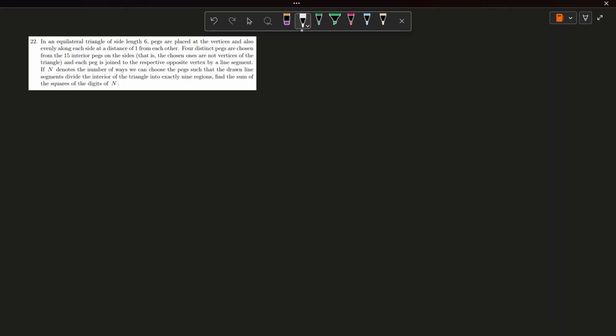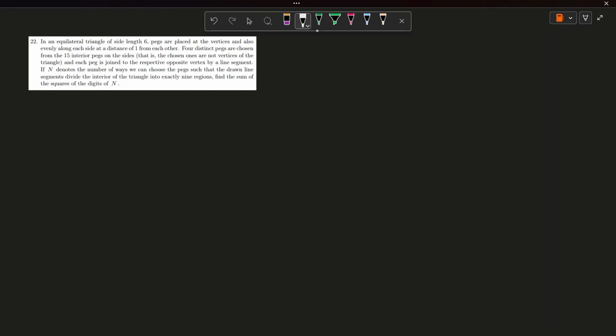And each peg is joined to the respective opposite vertex by a line segment. If n denotes the number of ways we can choose the pegs such that the drawn line segments divide the interior of the triangle into exactly 9 regions, find the sum of the squares of the digits of n. So this sounds like a very